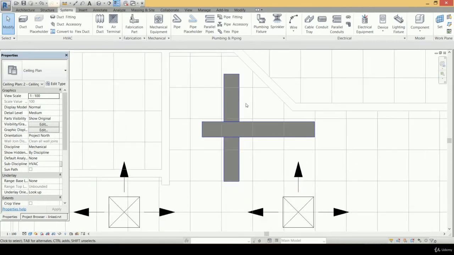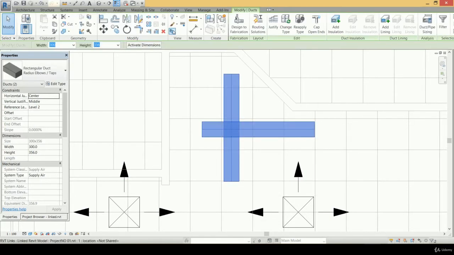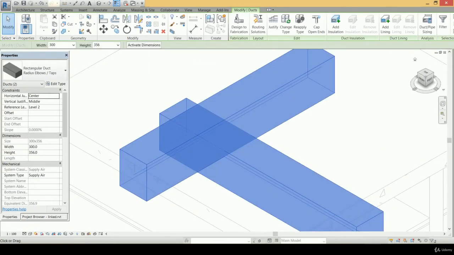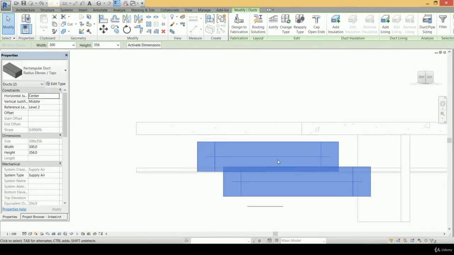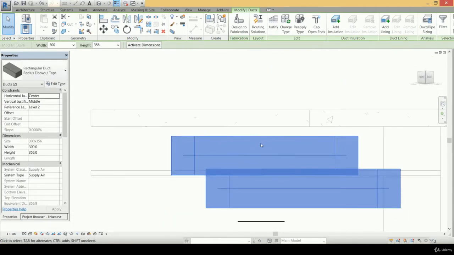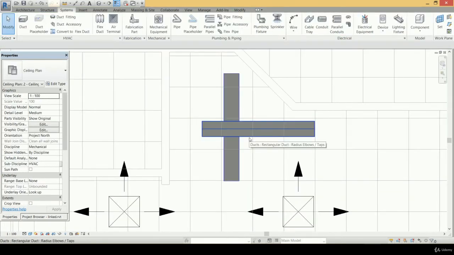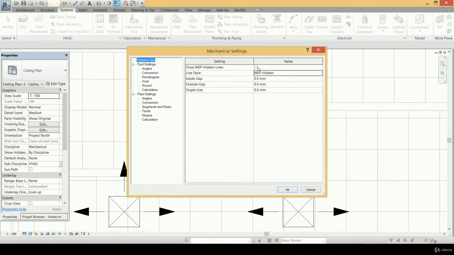So we can express it in the 3D form to imagine it well. Here I select this and press on the selection box, and then we can go down to see them well. So you can see this is the over duct and this is the down duct. But as we made the setting to hide the lines, the over duct lines at this intersection area are hidden. But on the other hand, if we change that option again,